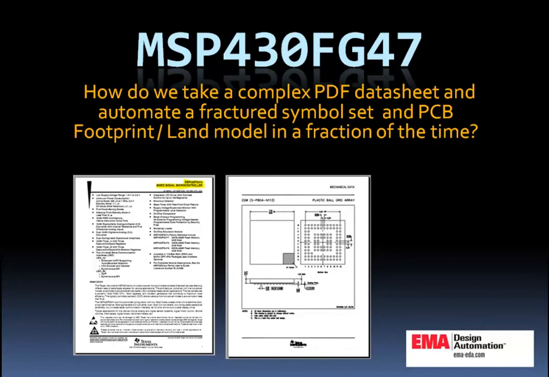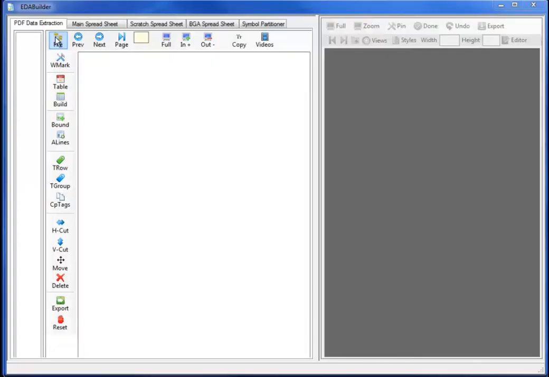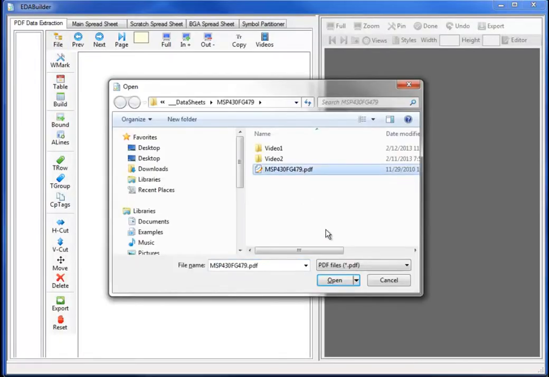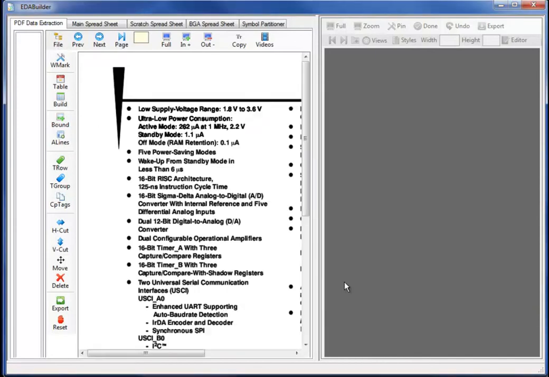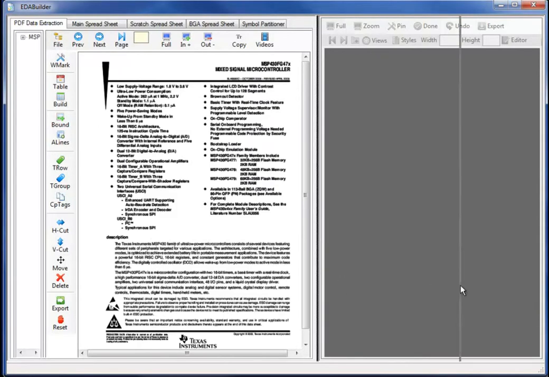How do we take a complex PDF datasheet and automate a fractured symbol set and PCB footprint land pattern model in a fraction of the time? With the most advanced PDF datasheet extraction in the industry, let's bring up a complex microcontroller PDF datasheet from Texas